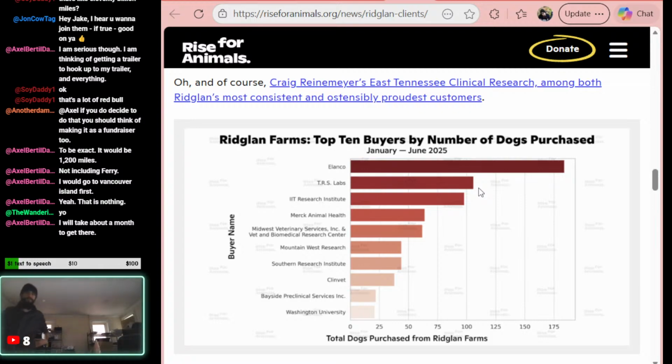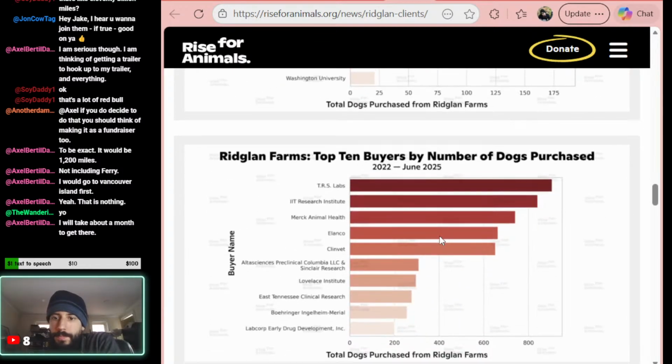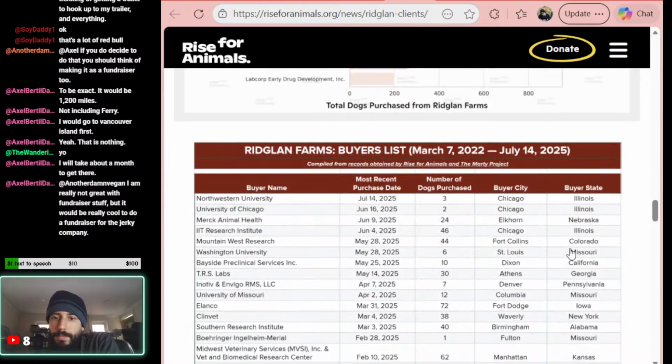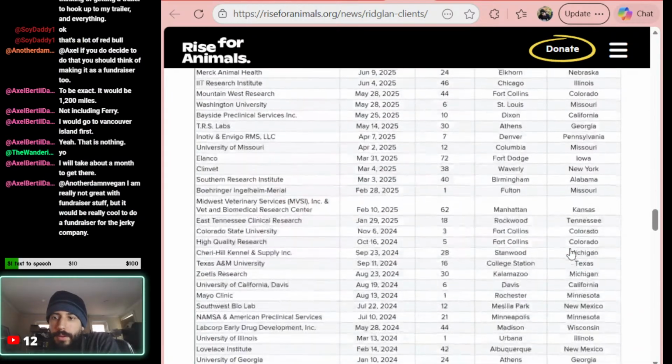Who's barking at somebody way across the street? Merck. This is where they sell their dogs. Washington University. Here's all their buyers right here.